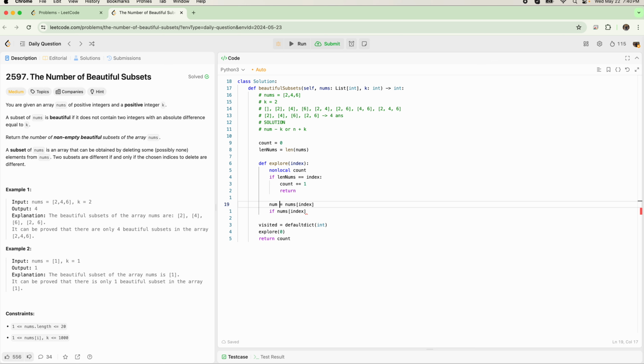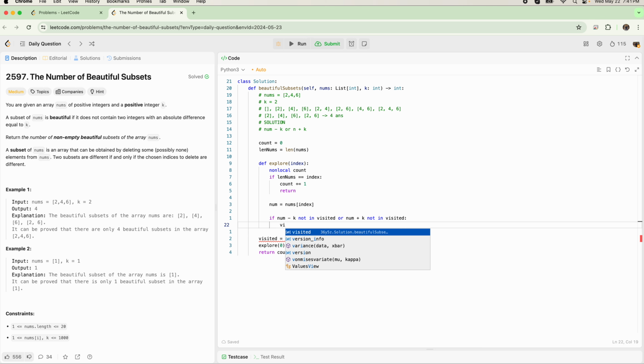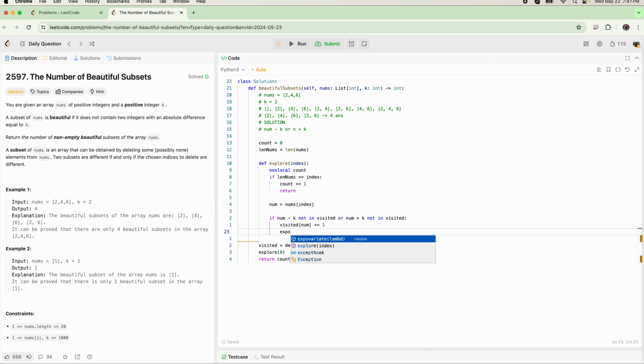If num minus k not in visited, or num plus k not in visited, we can take this, right? That means we just mark this as visited, num plus equal to 1, and we can explore